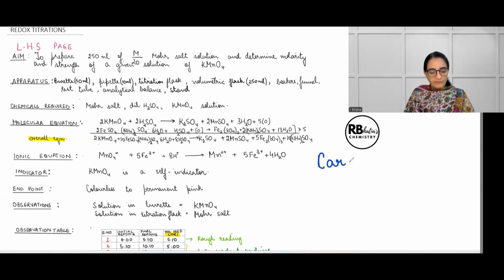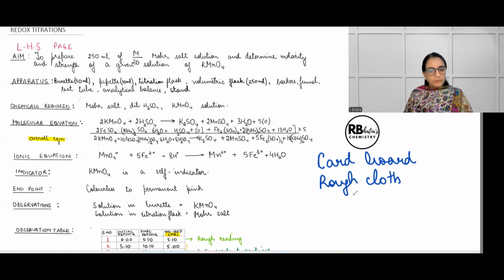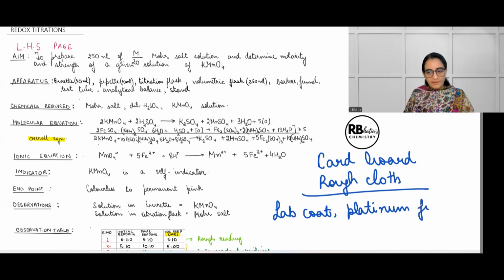Very important, a transparent cardboard you must carry with your practicals, and then carry one rough cloth, basically a cleaning cloth, in order to clear any mess that you happen to create. So then the main things that you need to carry are your white lab coat. Then you need to have a platinum wire with you to do the flame test,